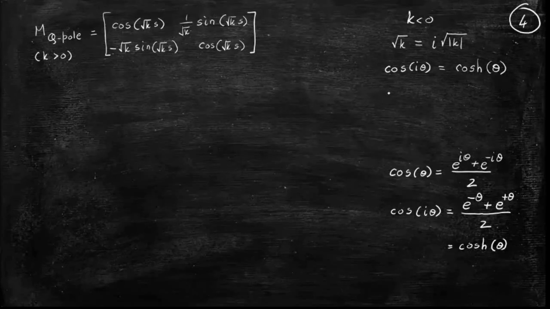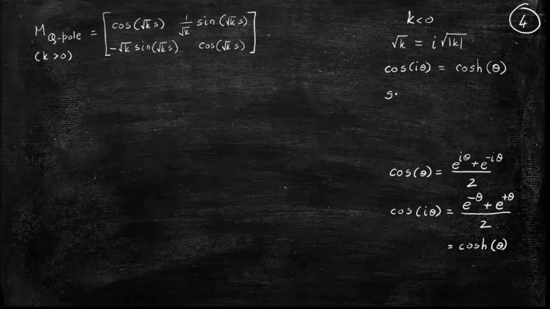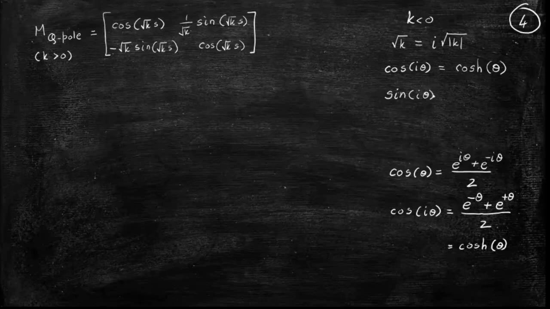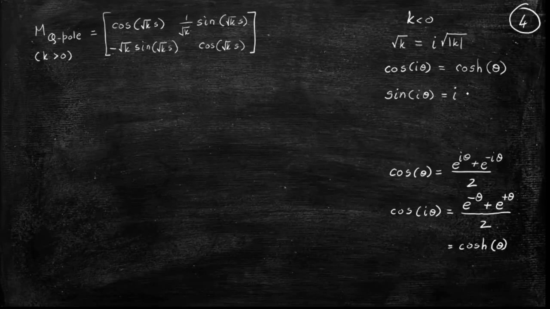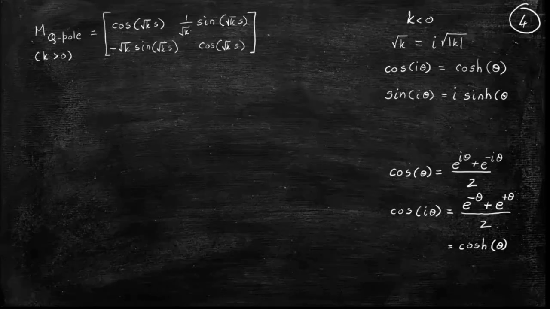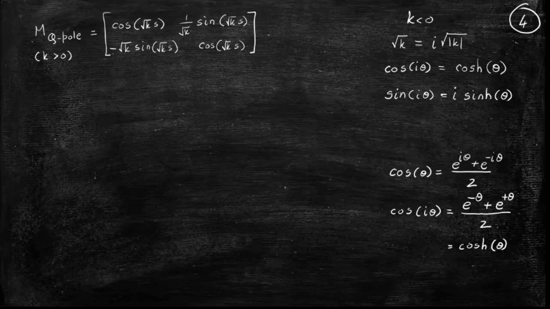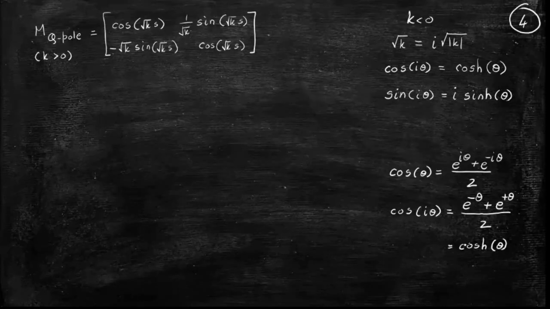Yes, sir. No, not okay. Hello. No, I said yes. Okay, your voice is breaking, but anyway, I think you are saying that it is fine. The sine of I theta turns out to be I times sine hyperbolic of theta. This I am stating without proof, but the proof proceeds exactly along this line. So you can do it yourself. It's not difficult.